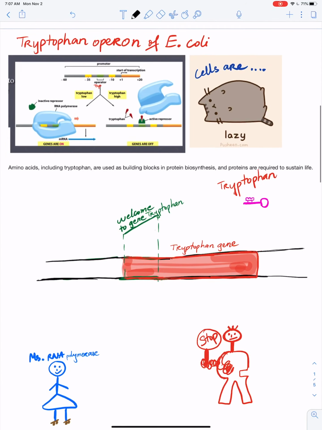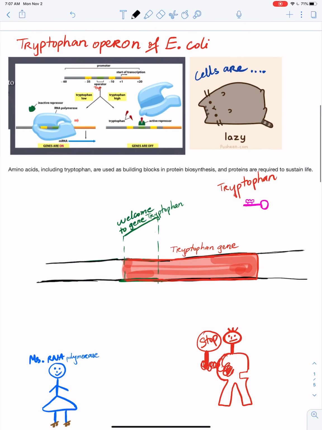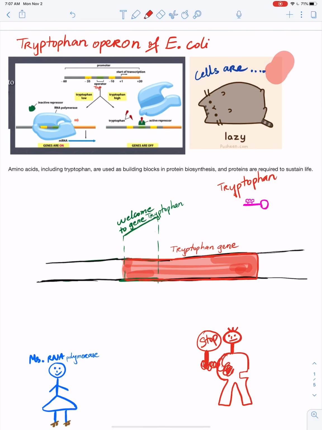Now we're talking about the tryptophan operon of E. coli. First, before I talk about the operon, I just want to mention that cells are very, very lazy. Unless you don't have any tryptophan in your body, the cell is not going to stand up and start doing the transcription to make tryptophan. Tryptophan is an amino acid used to make protein that helps